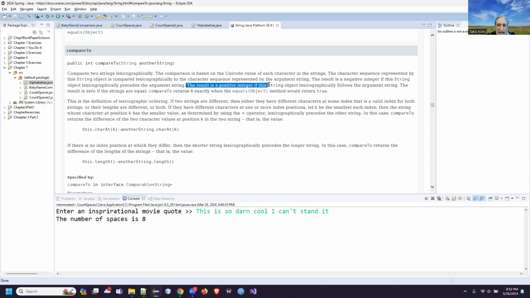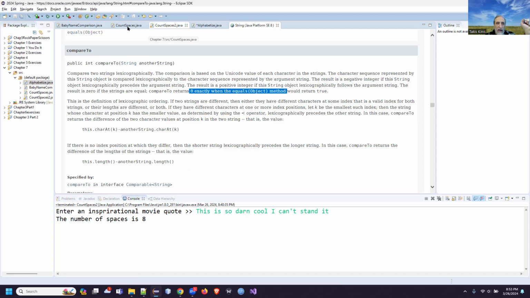The result is a positive integer if it follows. The result is 0 if the strings are equal. compareTo returns 0 exactly when they're exactly the same. So basically, it's going to return a negative number if string 1